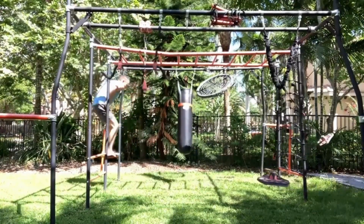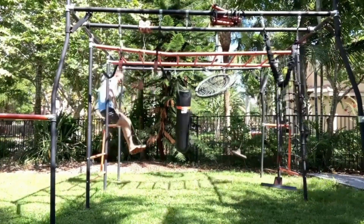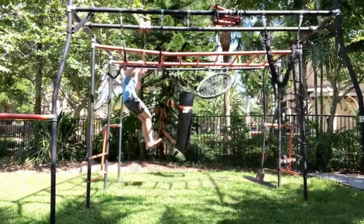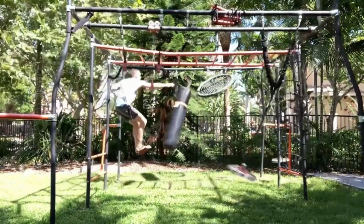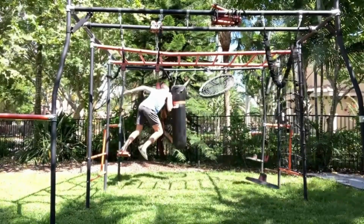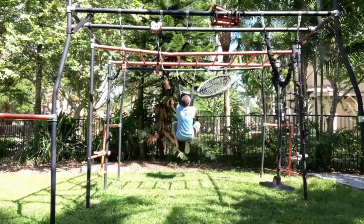Now I'm back to a standing up strategy. I think I should go back to the idea before where I was using the bar next to me to get momentum. That seems like the best idea. I'm using my tools to get across, and now we're grabbing the bar again. And that helps a lot, but it also shakes the playset a lot, which is kind of a bad collateral damage of this strategy. But we did reach the punching bag, and we lost a shoe in the process,